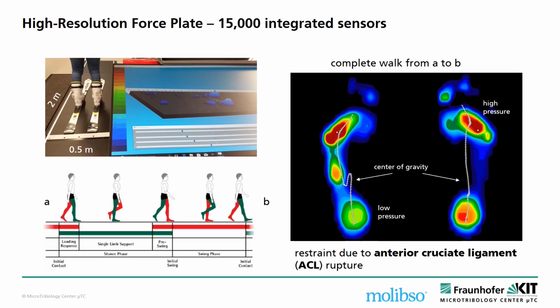This is the complete walk from A to B, and we superposed all the images received from the left hand side and created one single image which shows all the positions during walking across the platform. What we see are high pressure areas like here or here. We see low pressure areas